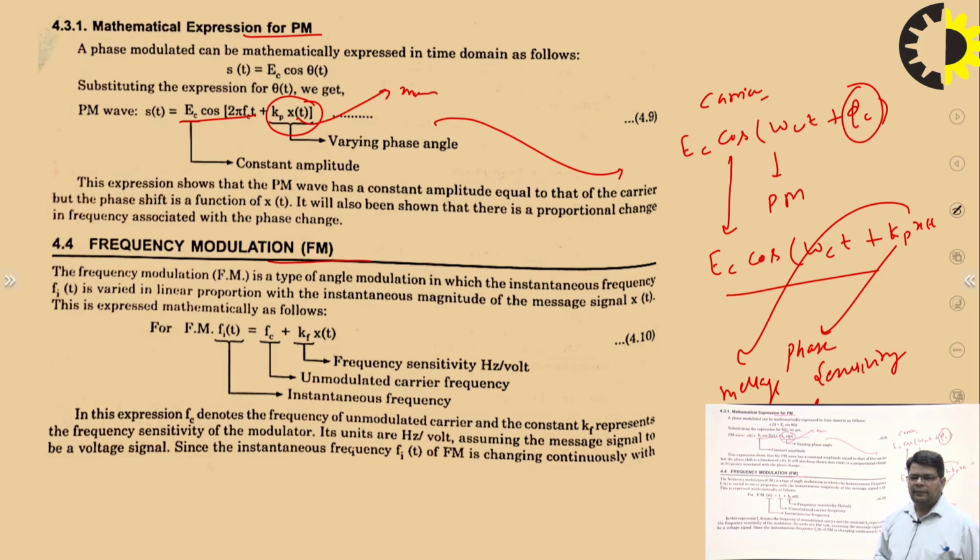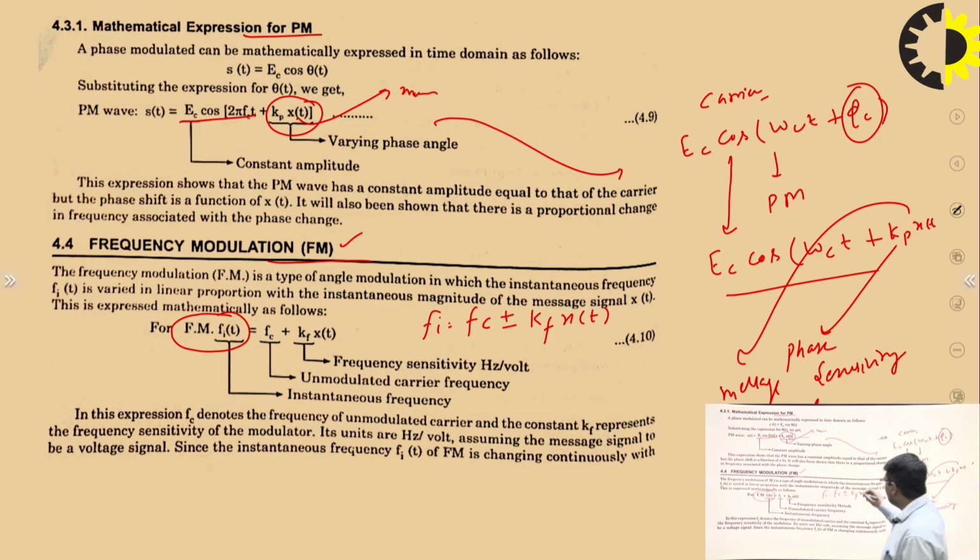In a similar way, in the case of frequency modulation, the frequency of the carrier signal is changed according to the message signal. Whenever the frequency changes, we get different values of frequency, or we can say different instantaneous values of the frequency. So in frequency modulation, the instantaneous value of the frequency fi can be obtained by changing the carrier frequency. The carrier frequency may be increased or decreased. So we can have fi equal to fc plus minus kf into x(t),